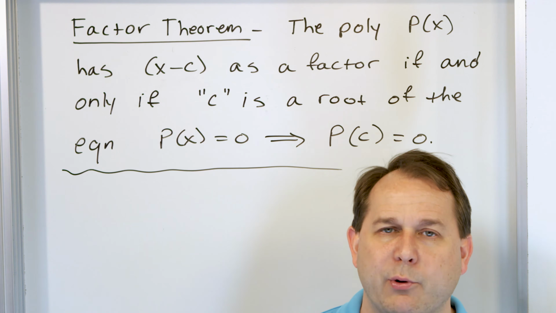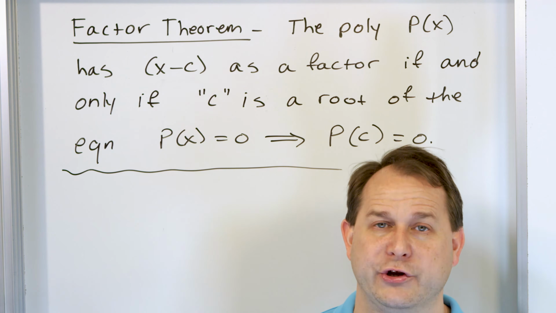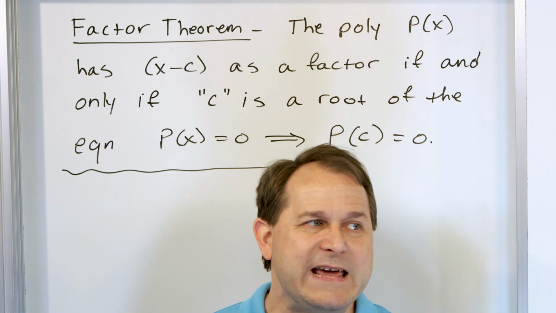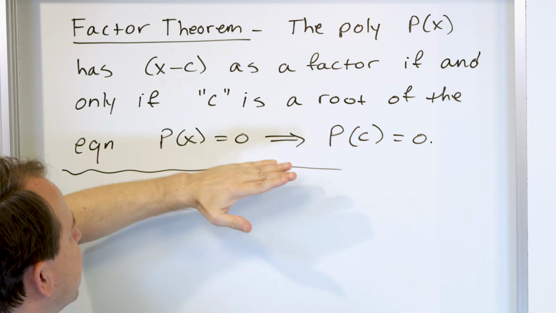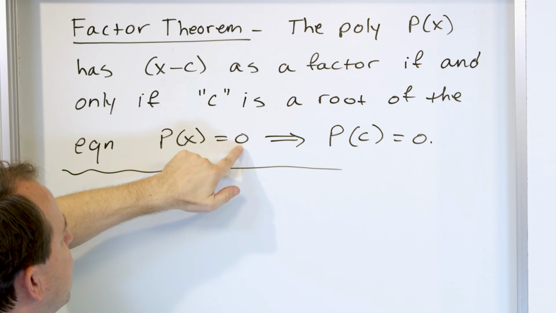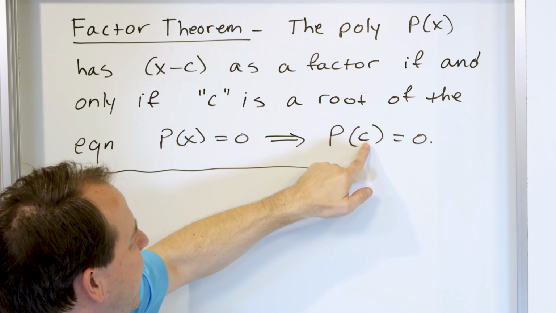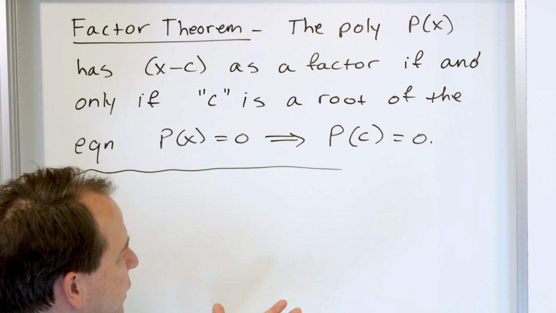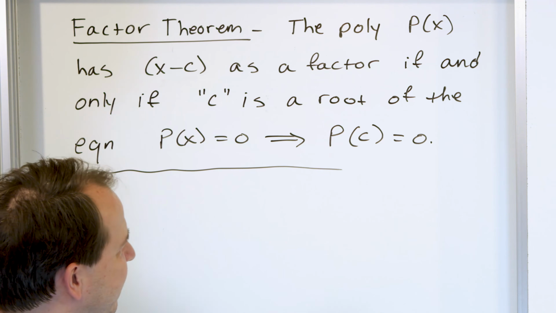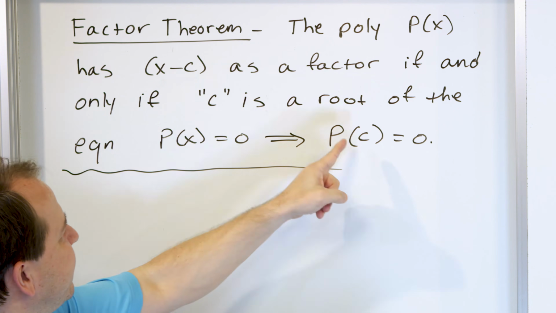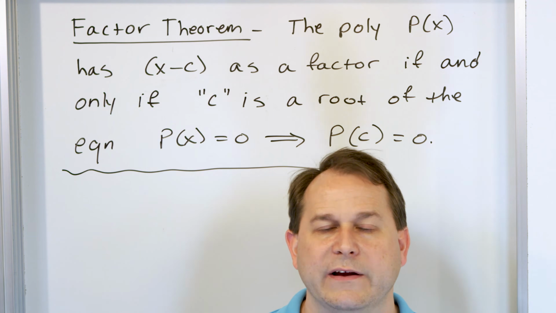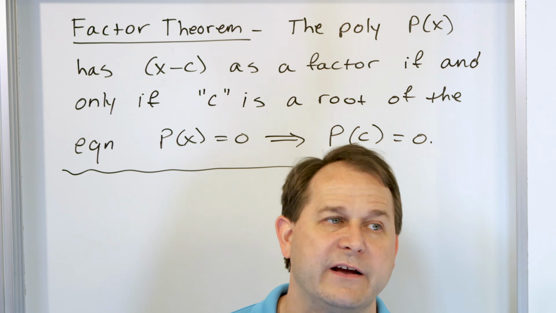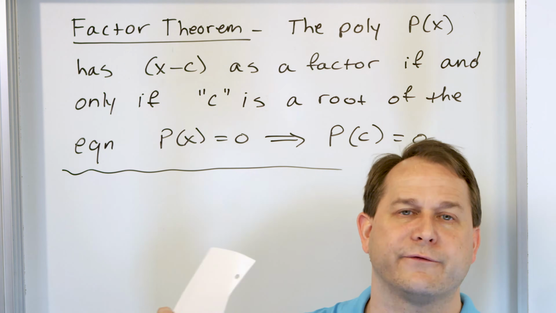It's obviously very important for us to be able to find the factors of polynomials in order to be able to solve them. If you know the roots, in other words, if you know the values that make the polynomial go to 0, if c happens to be a root, meaning you stick it in the polynomial and it makes it equal 0, then x minus whatever values you have as those roots are all factors. All right, so that's really, really, really important because if you remember, we've been factoring these polynomials forever